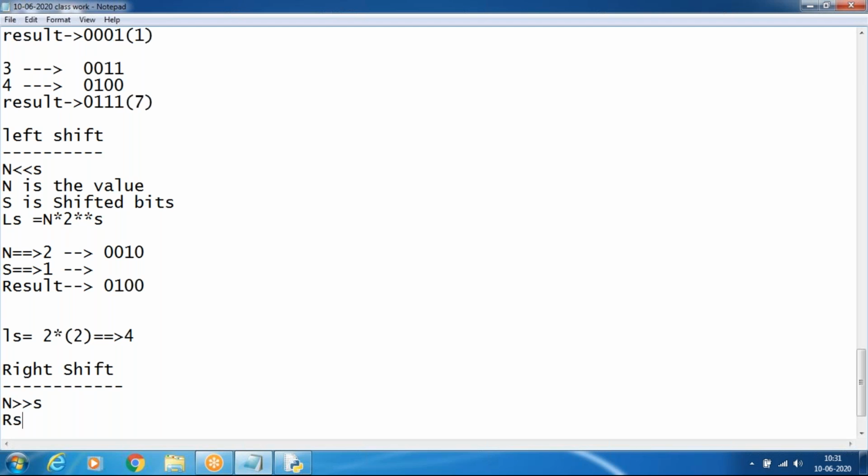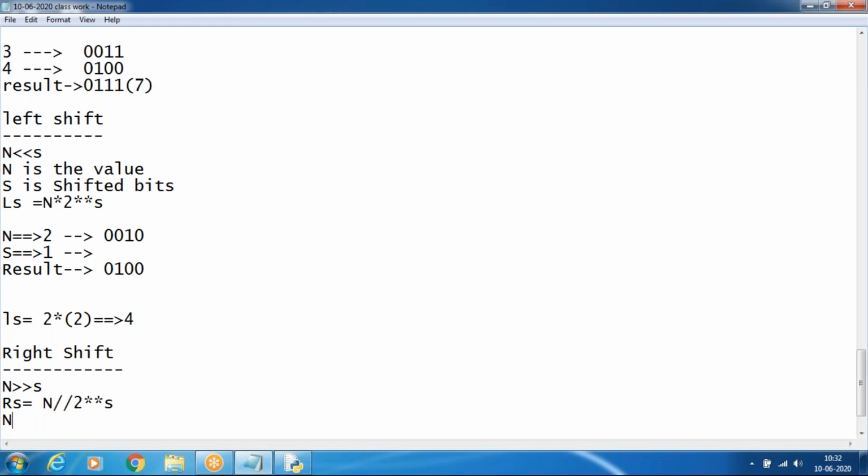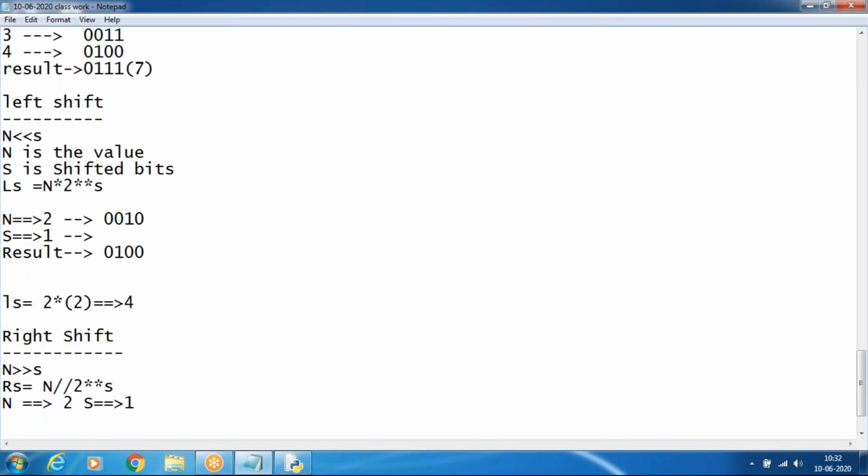The formula of the right shift is n divided by 2 power s, a floor division by 2 power s. So we'll apply it. First the n value: n value is 2, and the shifted bits is 1. I think so. So we'll see it in the practical manner.